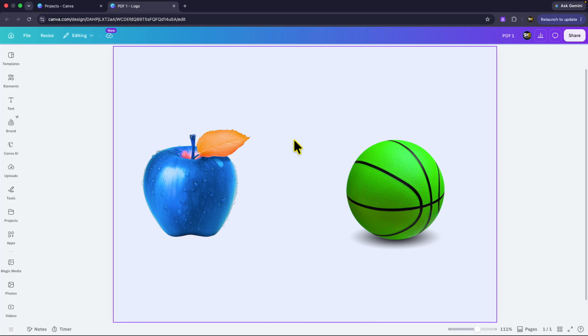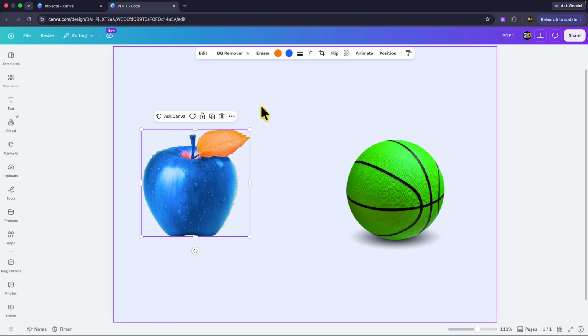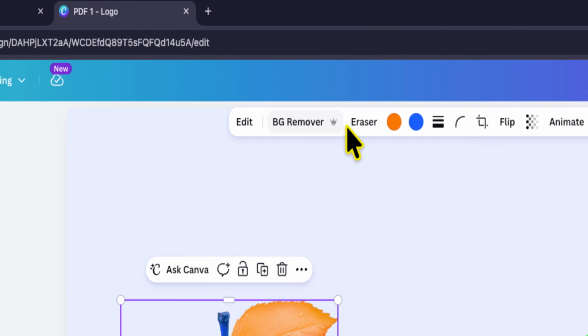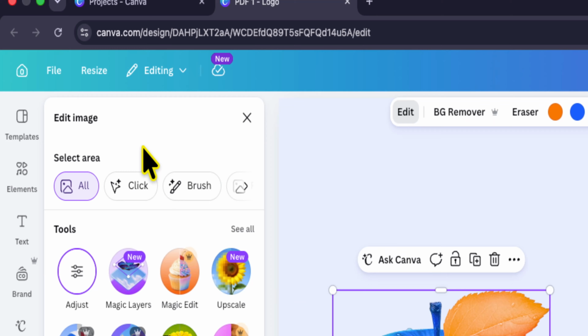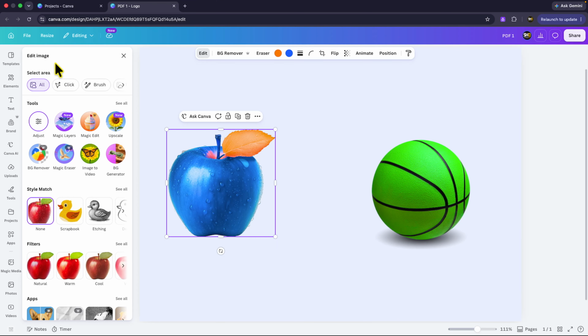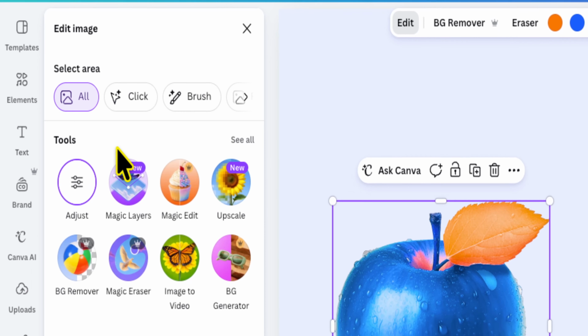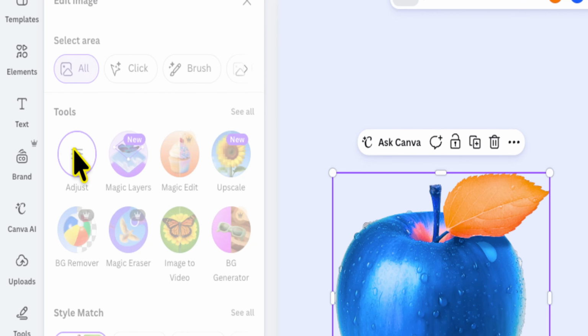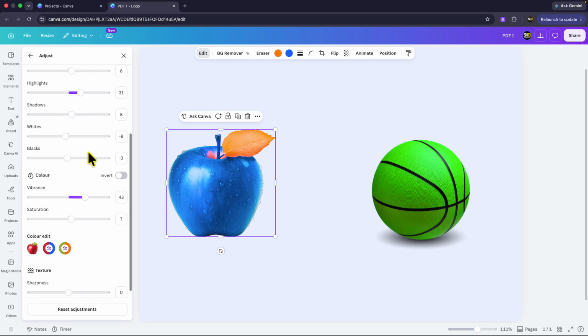Now, when you have your image or your object available, simply click on the image or the object, and a top row menu of options will appear. Simply click on edit, and an edit image side peek will appear. From here, under tools, click on adjust, and when you do this, you'll need to scroll down until you find